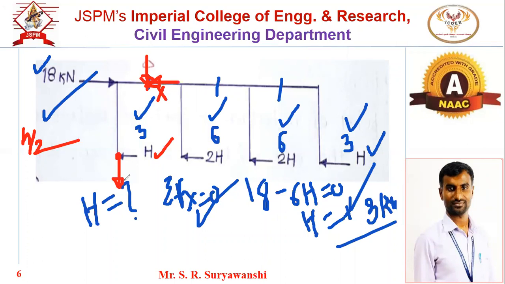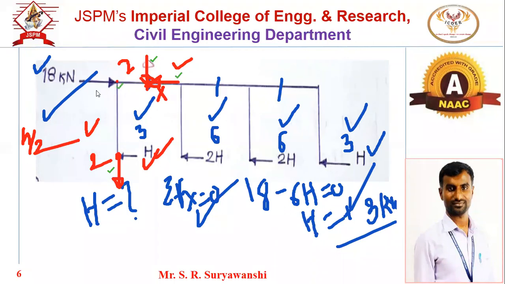Means if you take the section at mid height of the column and mid span of the beam, initially there will be four forces. Here it will be 2, here it will be 2. But using the third assumption, the horizontal shear assumption, we can find out the H. Now at each joint, for the portal method, how many unknown forces will we have to find out then, if you consider this joint? There will be 3 unknown forces. So this will be 1, this will be 2, this will be 3.